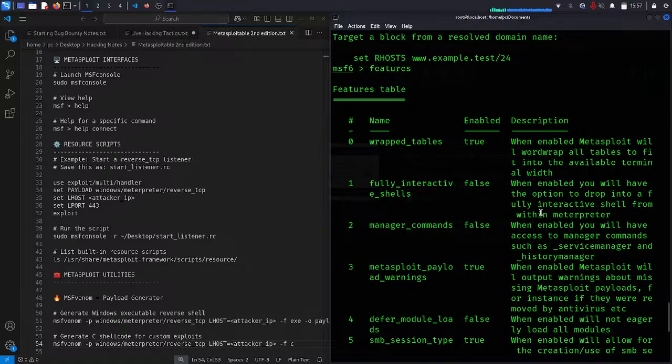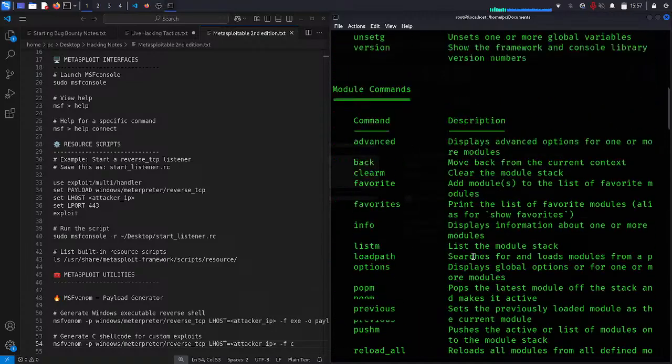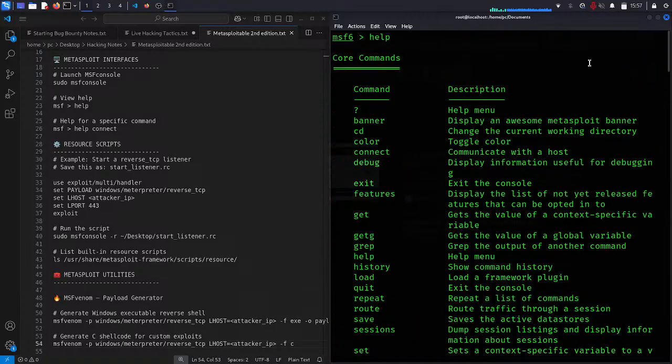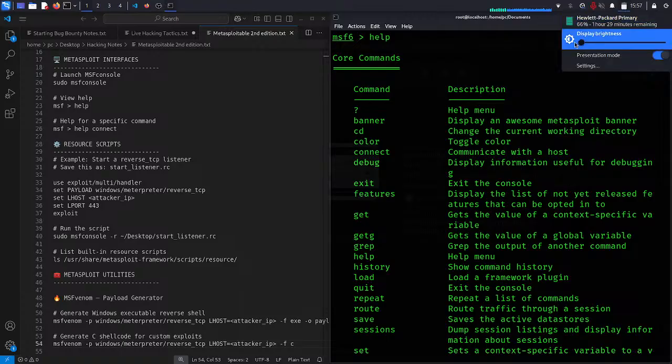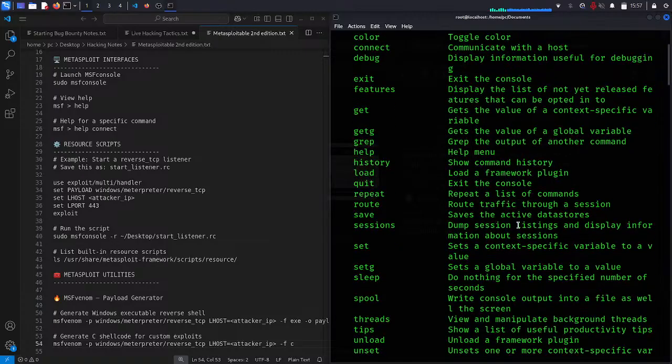Wrap tables, true. Fully interactive shells. Alright, so let's see. So features, get the value of your context specific variable, grep the output of another command, help, history, show command history, load a framework plugin, quit, exit the console, repeat a list of commands,